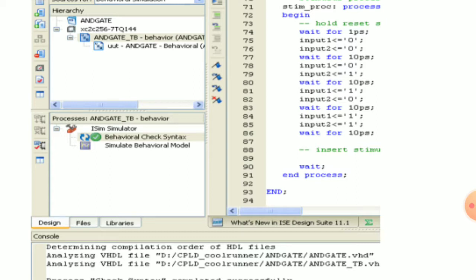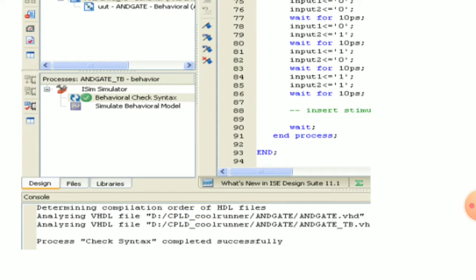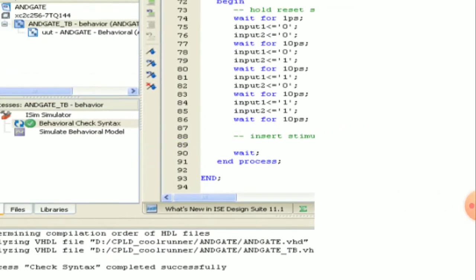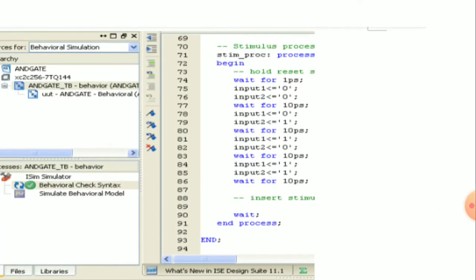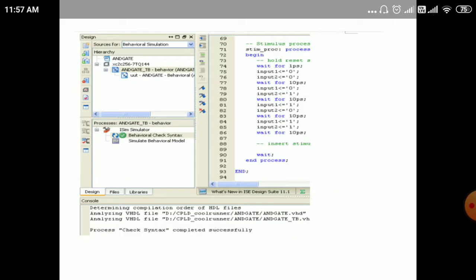If the green check box is available and shows the green right symbol, there are no errors, so it is successfully completed. Your code is correct.